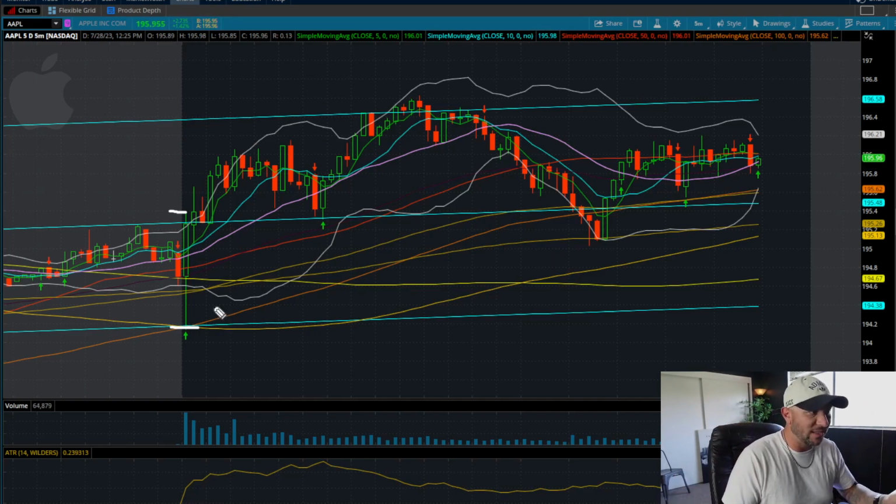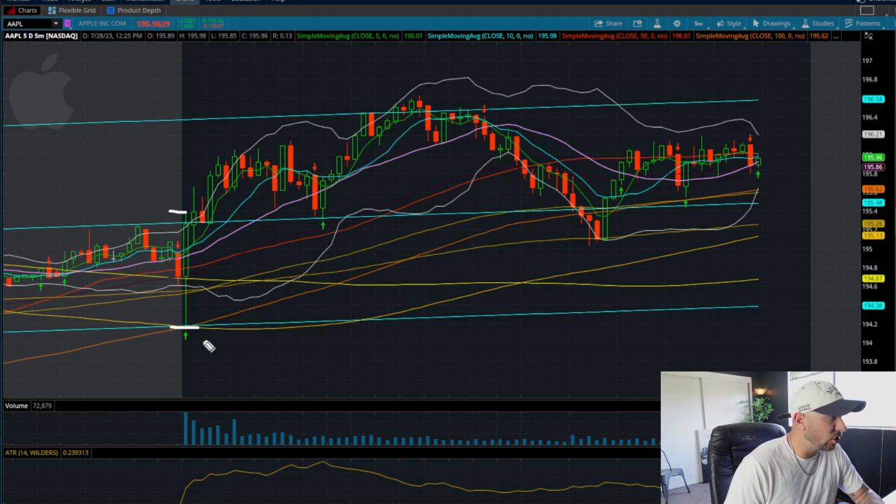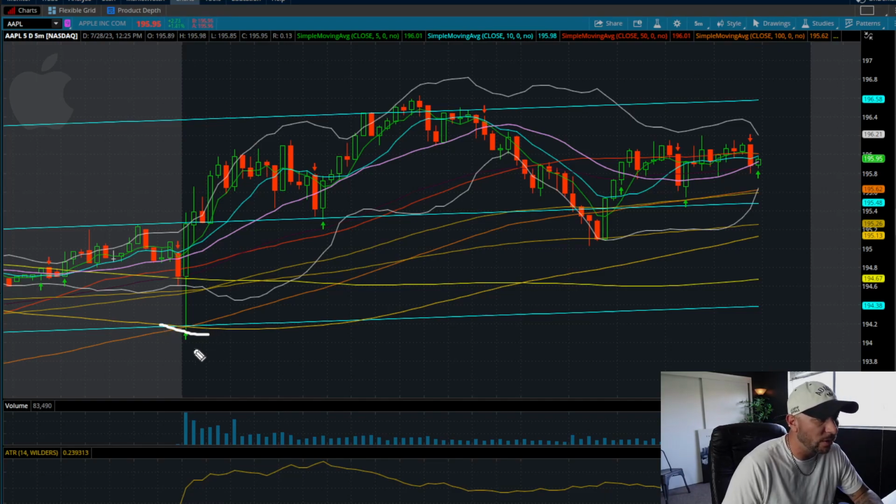It doesn't take a rocket scientist to see that we came down into the 5-minute support. I don't care if the daily chart looks strong. We could potentially be looking at a dead cat bounce here. So automatically my wheels are starting to turn. I'm looking at us take out this price action, we close back over the 20 and we get over this linear regression. That's enough. That's all I need. I don't need to sit here and think, well, what if we come down, or my research said that we were short today. At this point, that gets thrown out the window until we lose the bottom price. Until we lose the bottom price that we just put in off this opening 5-minute candle, I don't care what your bias or what your watch list has, that can get scrapped.